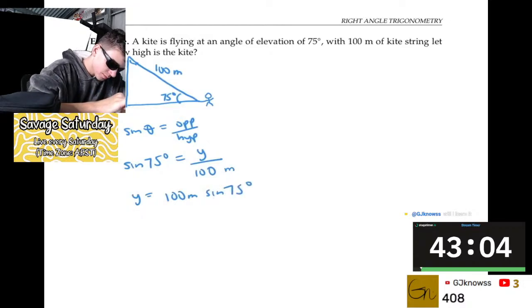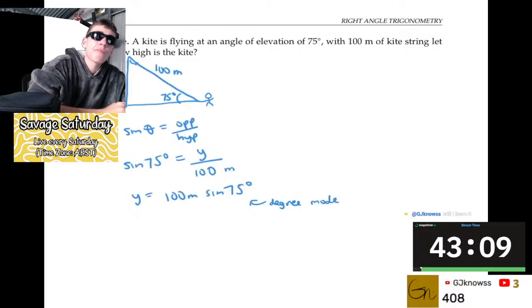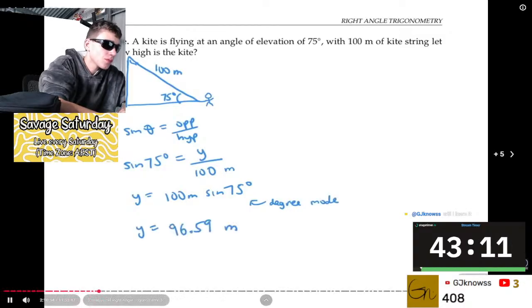We can use a calculator to compute sine of 75 degrees. Be sure you use degree mode and not radian mode when you type in the 75. When I do the computation, I get a final